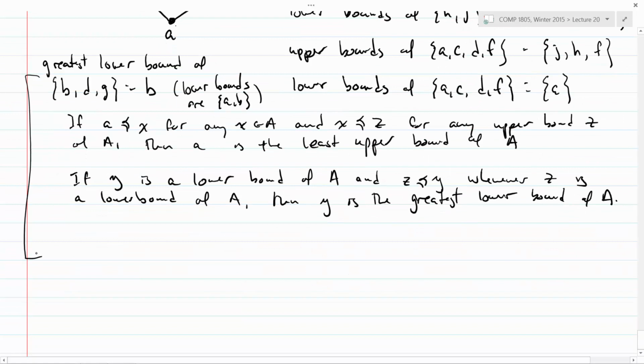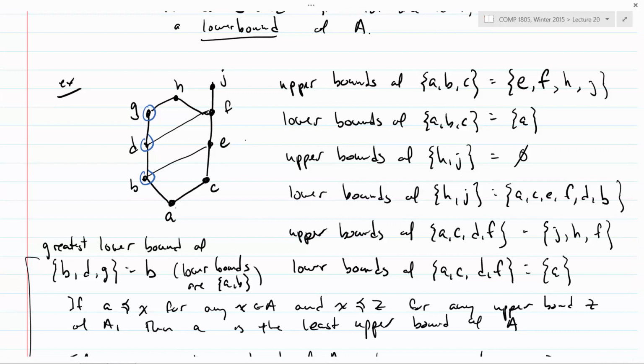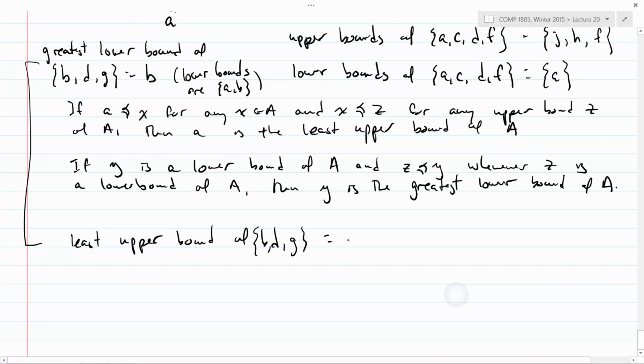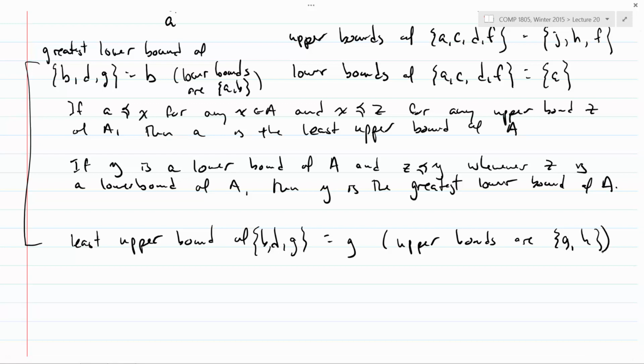And then, just to continue this down here, what is the least upper bound of B, D, G? What's the least upper bound of B, D, G? G, even though H is also an upper bound. I'm interested in the least upper bound. So the least upper bound of B, D, G is G, and the upper bounds are G, comma H. So the kinds of questions you'll see here are obvious, right? I'll give you a Hasse diagram or a relation, and I'll ask you which each of these things are. All right, that's it for